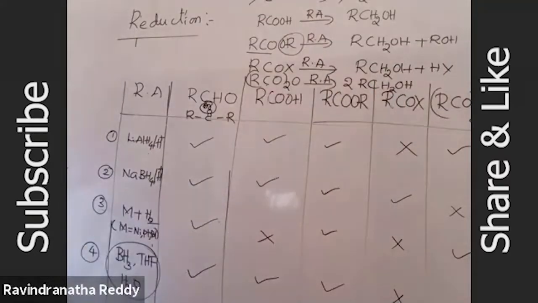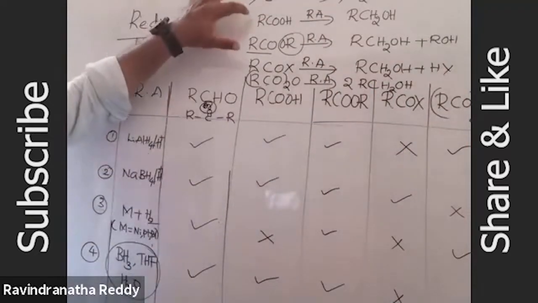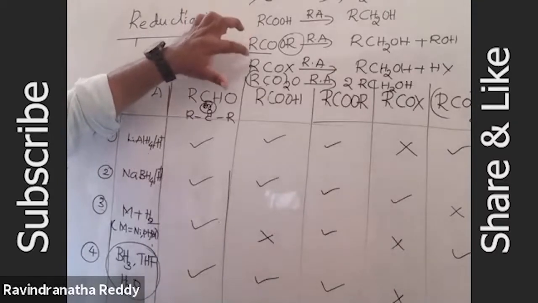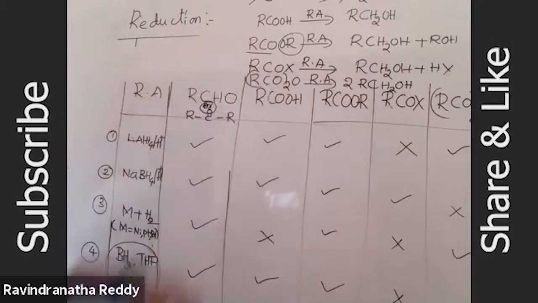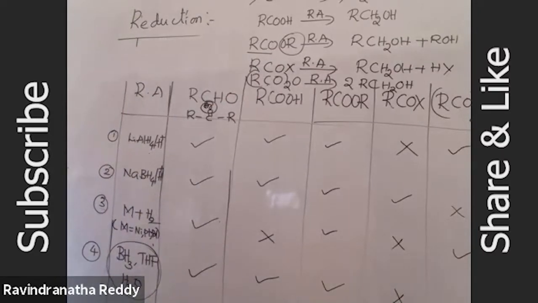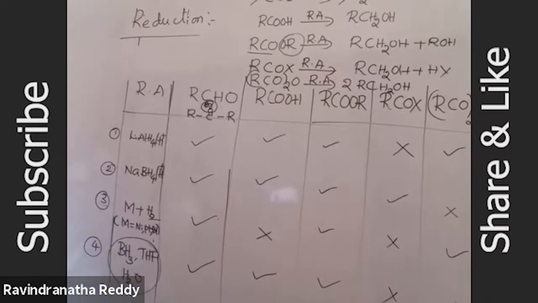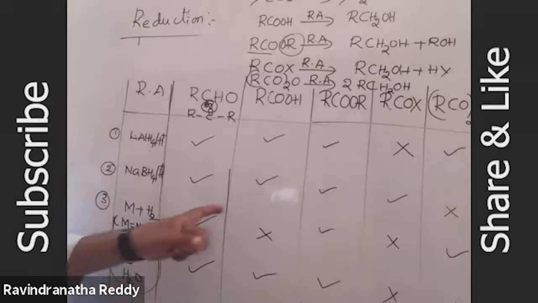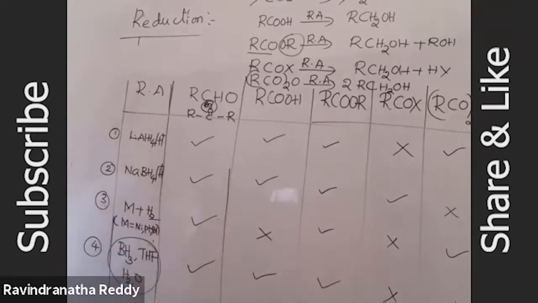2 moles alcohol you are getting, this is the answer. So like that here, carbonyl condition, carboxylic acid condition, ester condition, acid halide condition, acid anhydride condition, all conditions. So what is the answer? Alcohol. Alcohols. In the carboxylic acid condition, don't use metal hydrogen catalyst. Okay. So in the acid halide condition, what I am telling, you can use sodium borohydride.